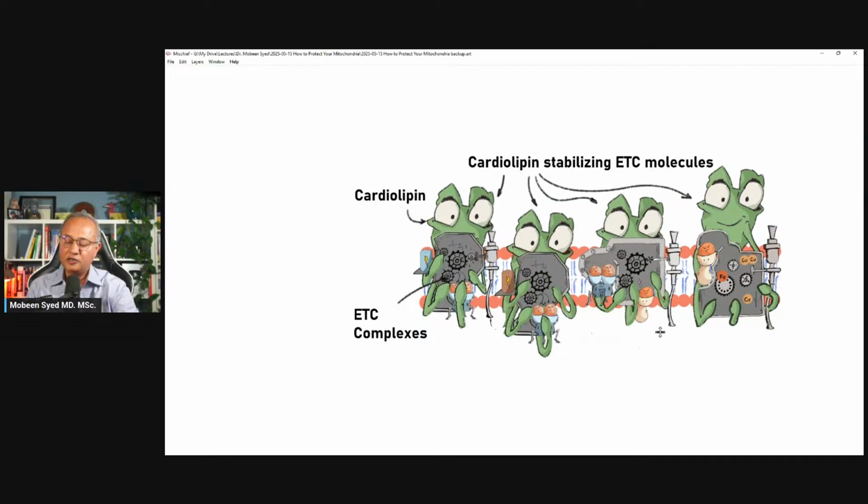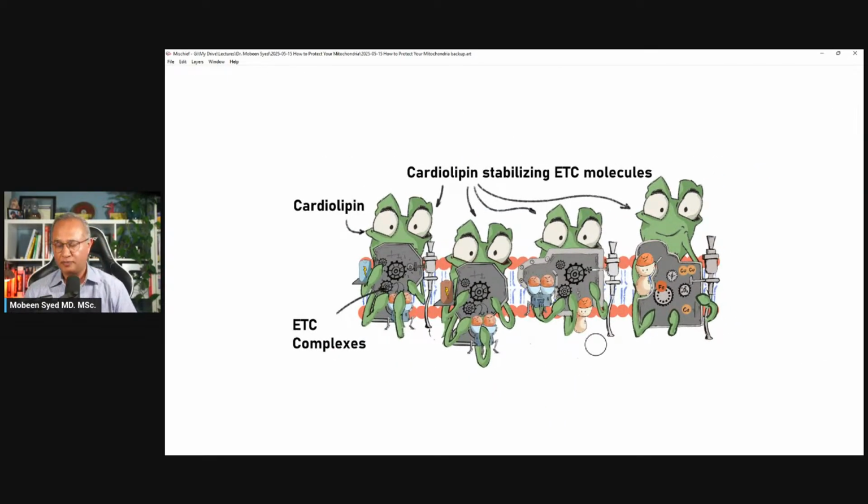Normally, cardiolipins help make what we call supercomplexes. A supercomplex is more than one electron transport chain complex sitting together, for example 1, 2, 3, 4. Individual complexes are complexes, and many of them sitting together are supercomplexes. Sometimes cardiolipins hold complex 1 and two complex 3s, or sometimes complex 1, complex 3, and complex 4. So they make various clusters of complexes for the electron transport chain to run efficiently and produce